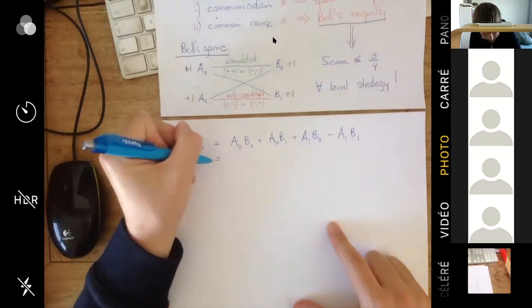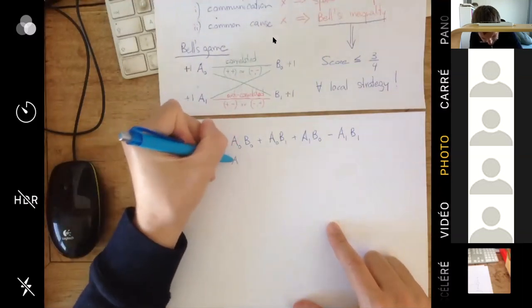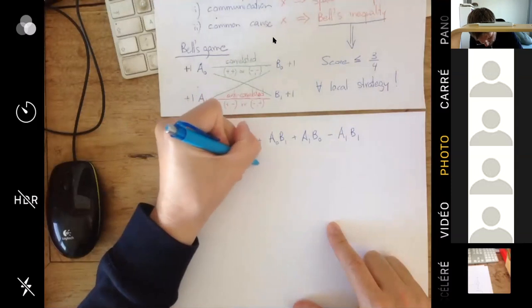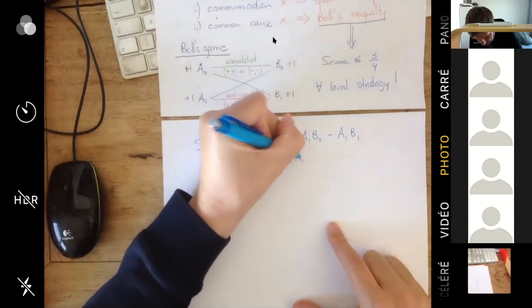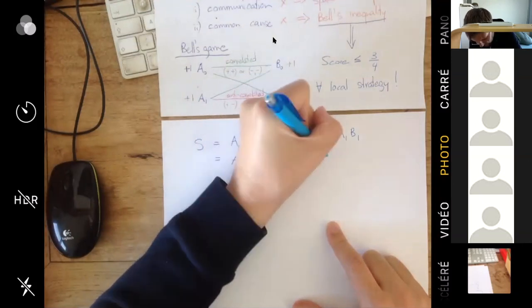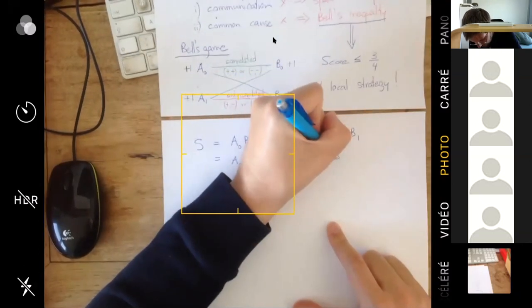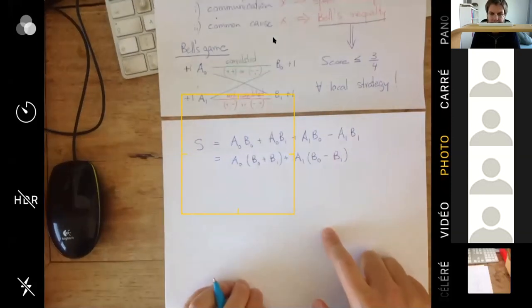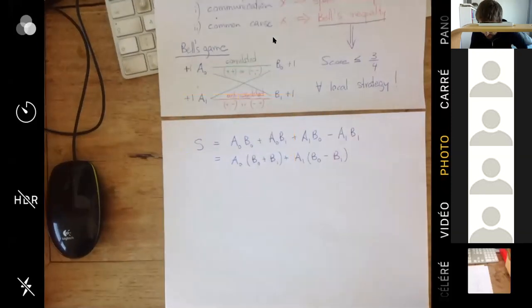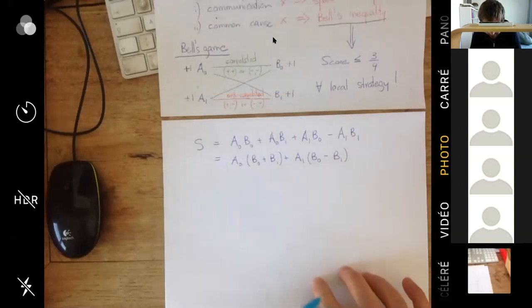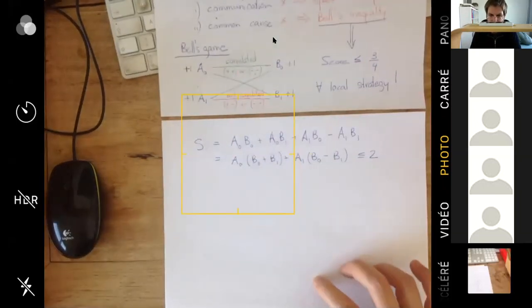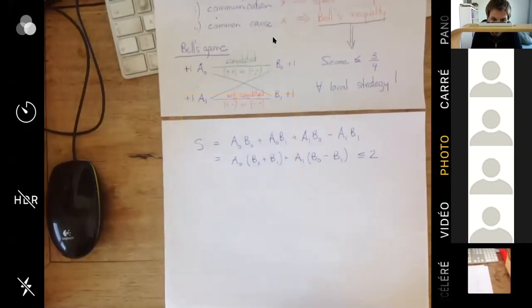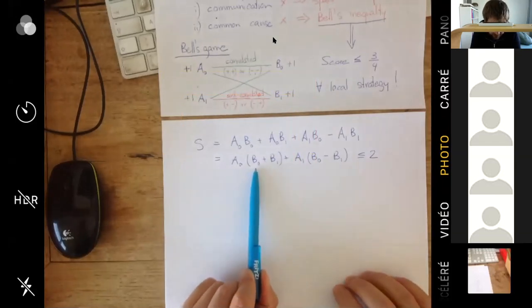Now I will just do the following thing. I will do some highly sophisticated algebra, as you can see. I will just pull out A0 and A1. Okay? So really nothing to worry about. Now, this form is nice because it allows me to see immediately that this thing is never bigger than 2. Okay, and so why is that? Well, the point is that you see